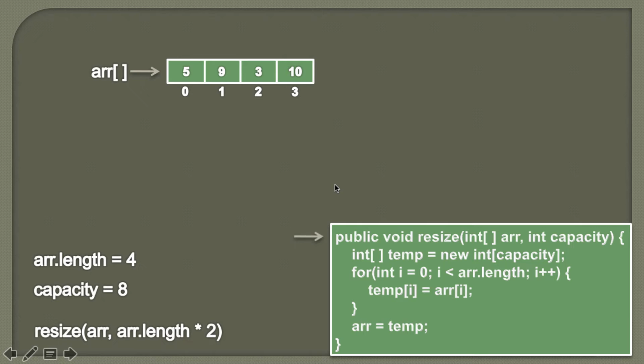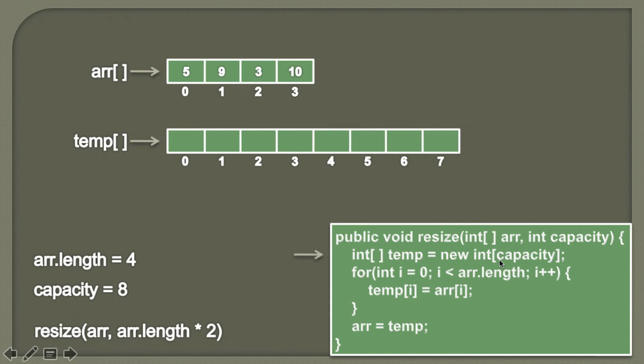Moving ahead. So friends, once we initialize this array, we can't add more elements to it. So what we do is we create a temporary array for whatever capacity we provided. So here we will create a temporary array whose capacity or size would be 8. So now this temporary array will range from 0 to 7, storing 8 elements, which is nothing but the capacity of this array. Moving ahead.